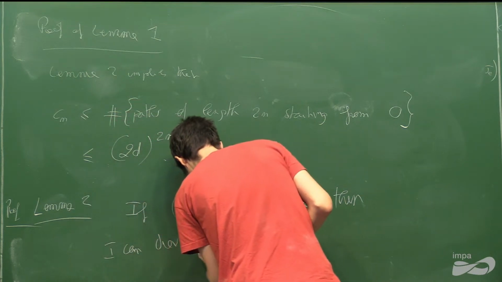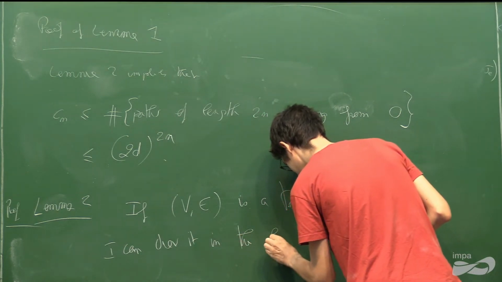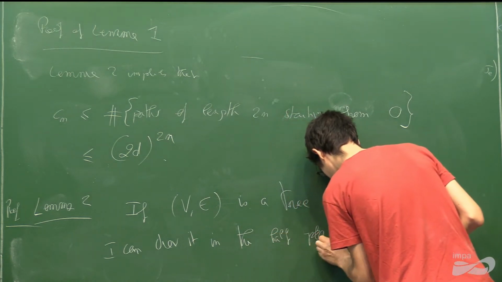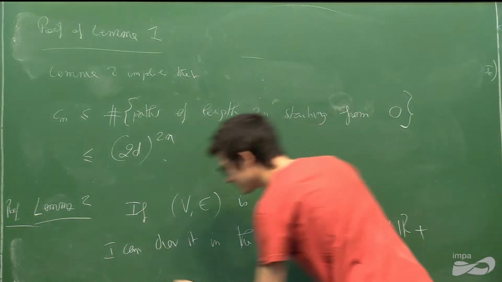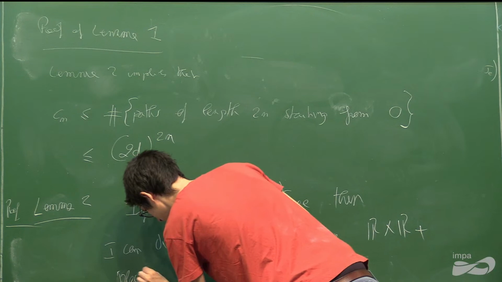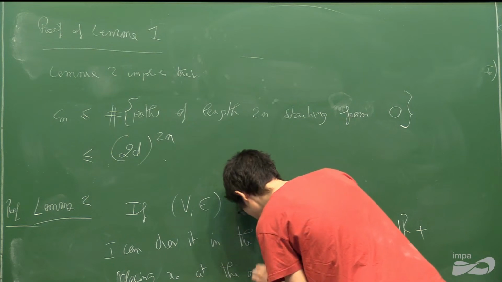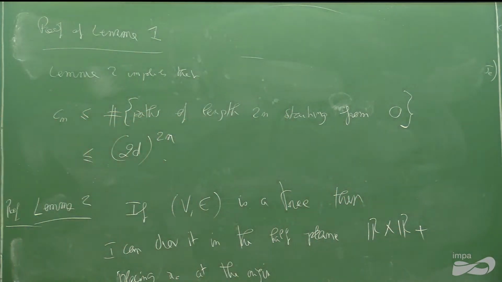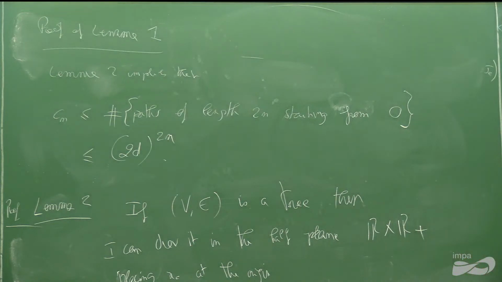draw it in the half plane R times R plus, placing x0 at the origin. Okay, so when I mean that I can draw it, I just say that I can draw all the edges in a way that doesn't cross. I think everybody is going to accept this fact, and